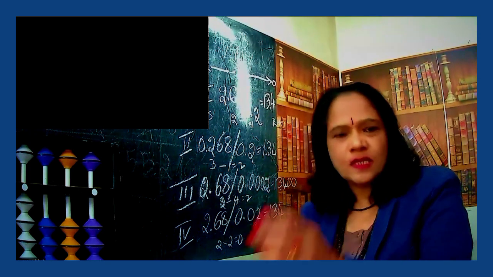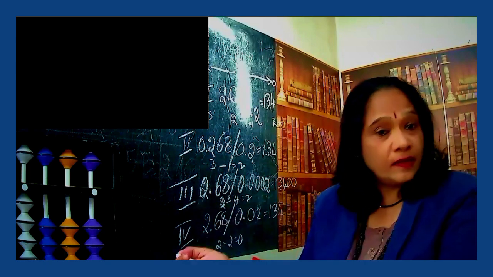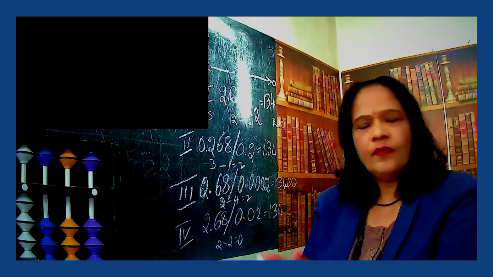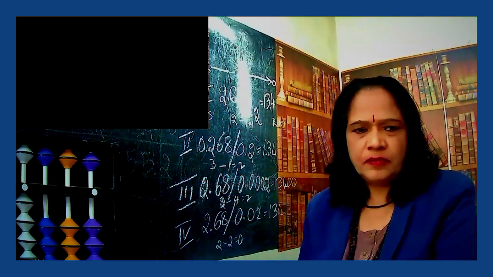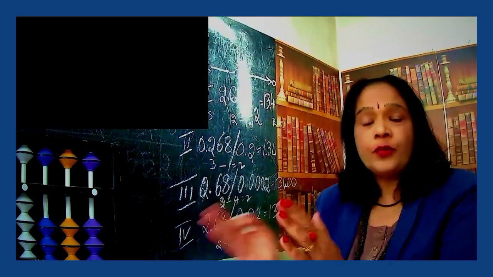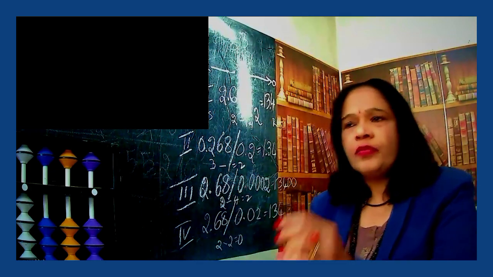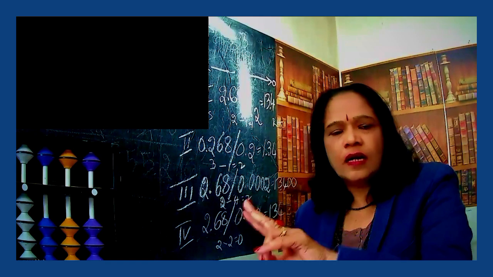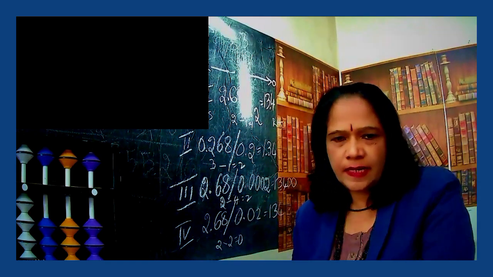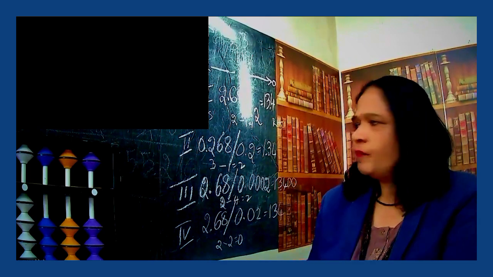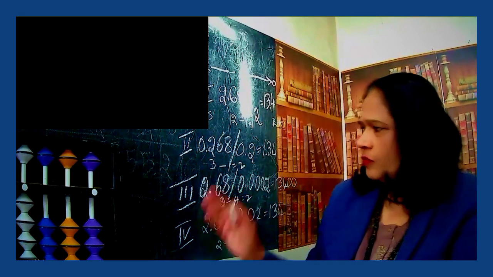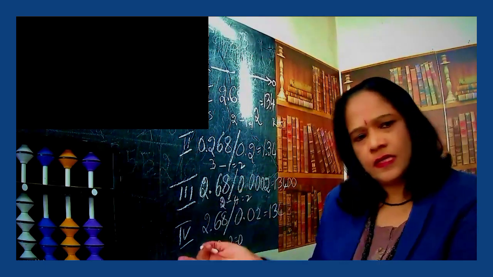Suppose there is a decimal when dividing the number. There is one more method also. When you divide the number, you get a decimal in the answer, and here also we have a decimal. If you get that, what should we do? You have to shift the point according to the number of decimals, left-hand side or right-hand side. Okay, we just have to shift the point. If the decimal numbers are more in the left-hand side, shift the point to the left-hand side. If the decimal points are more in the right-hand side, shift the point into the